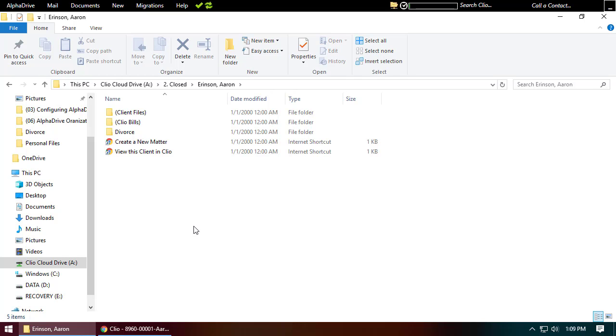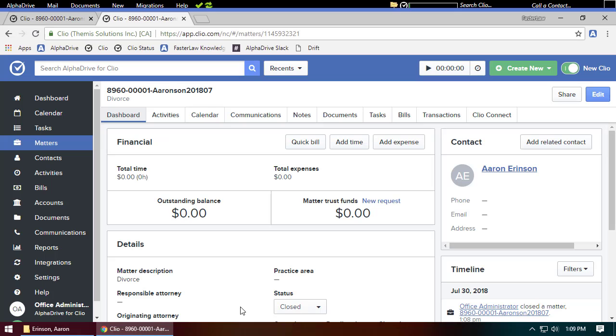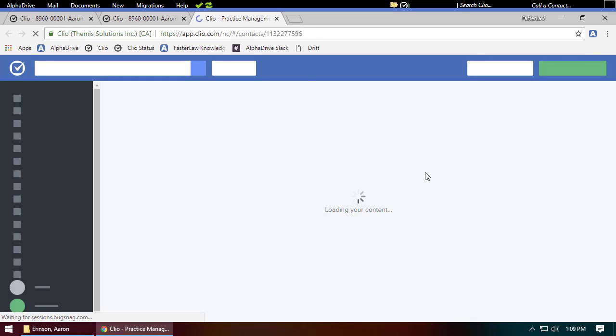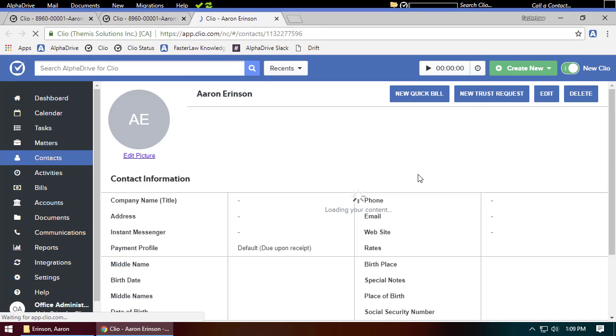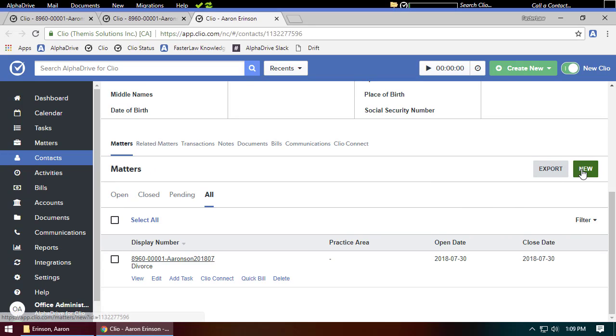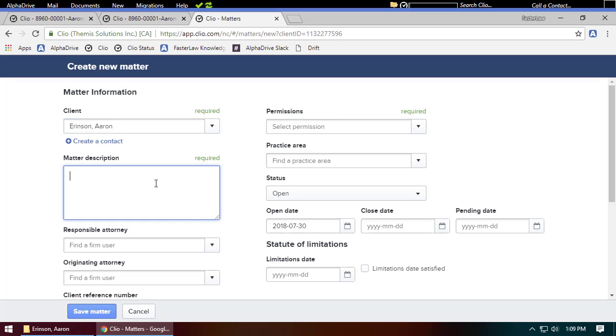Occasionally, you may also find folders with seemingly random strings of numbers. This occurs when there are two matters with identical names inside of the same folder. For example, if I create another closed matter for Aaron Aronson called divorce,